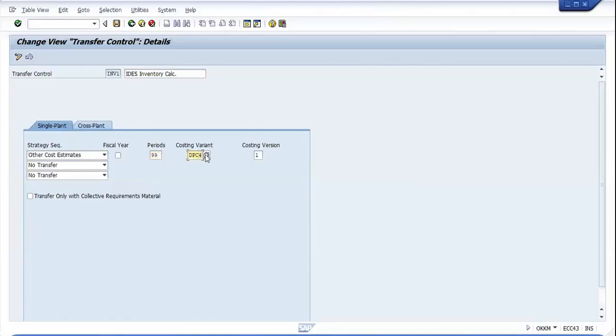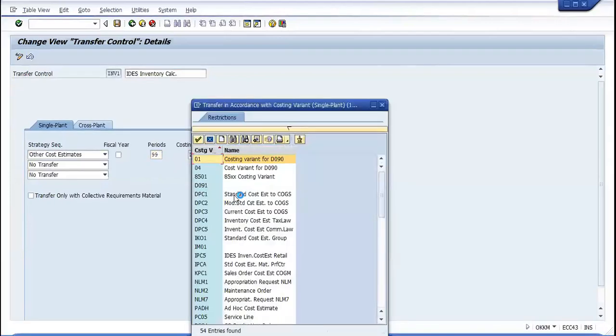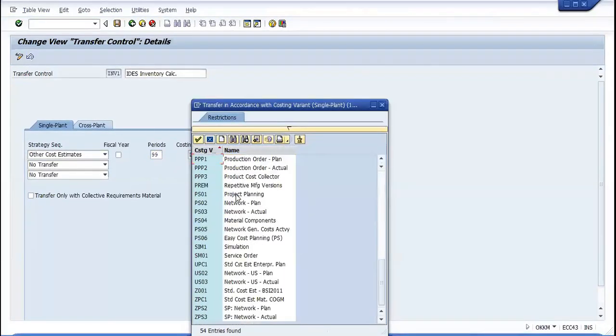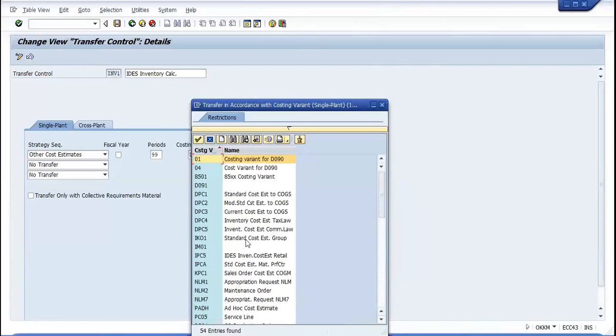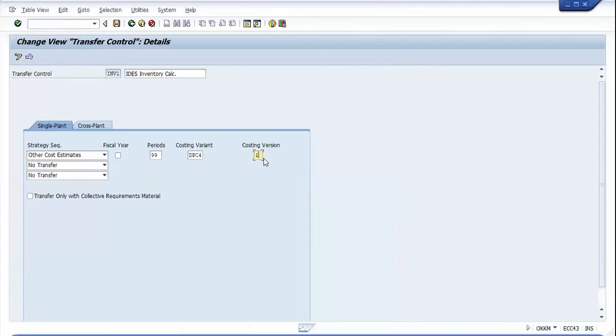It's my costing variant, which we've created, like standard cost estimate, Z is the network, actual network plan, standard cost estimates, SV network, PPPC. These are the costing variants, and the costing version is one.